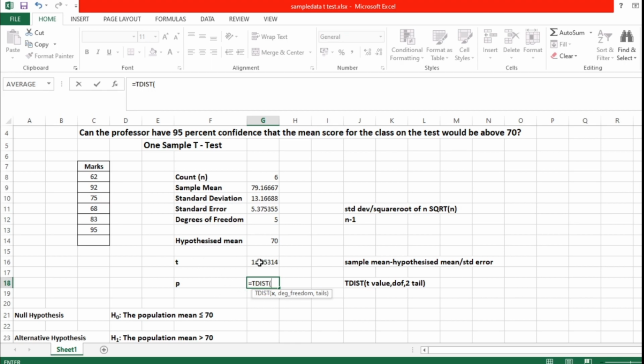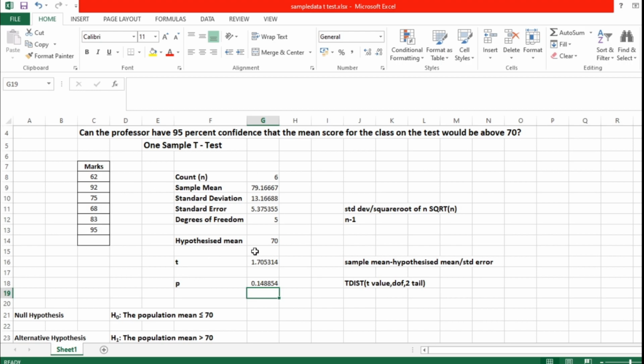Okay. So what I'm doing, I'm selecting t-value. Here is the t-value what you have calculated. I'm clicking this, comma, degrees of freedom. Here degrees of freedom is 5. I'm clicking this, comma. It is asking the tails, one tail or two tailed distribution. Here I need two tailed distribution. I'm clicking this, and I'm closing the bracket. Don't forget to close the bracket. I'm closing the bracket and giving enter. Yes, 0.14 is the p-value.